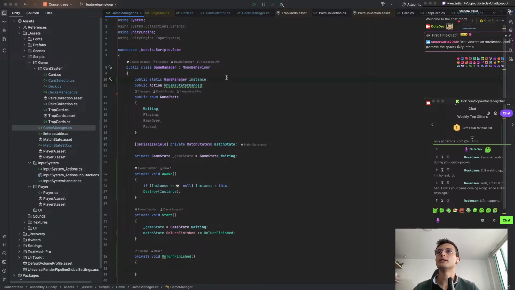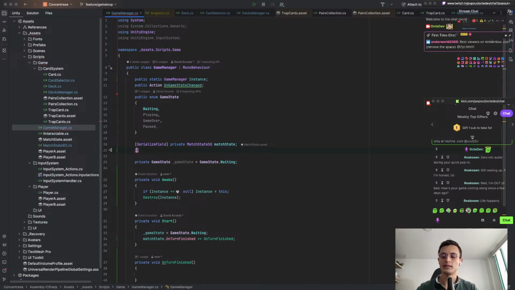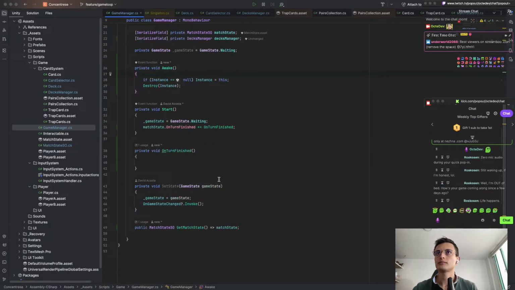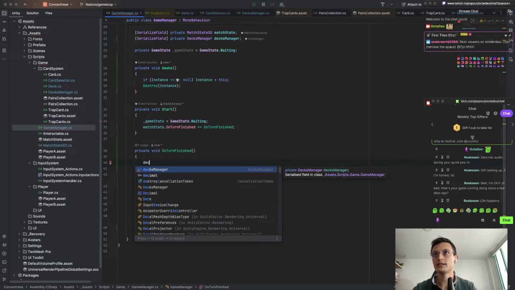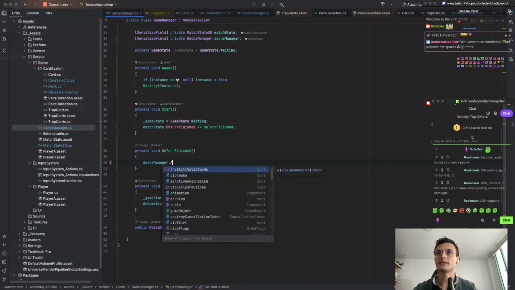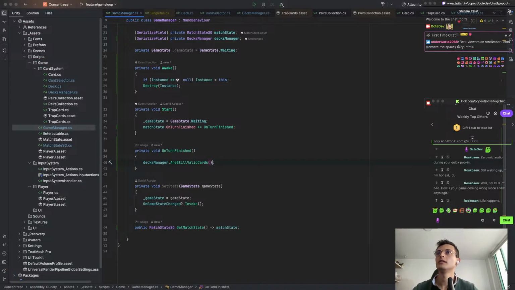Deck Manager. So let me get a reference here to my Deck Manager. Serialize field private Deck Manager, there you go. So I have this. So on turn finished, I need to ask Deck Manager whether there are still valid cards. If that is true,